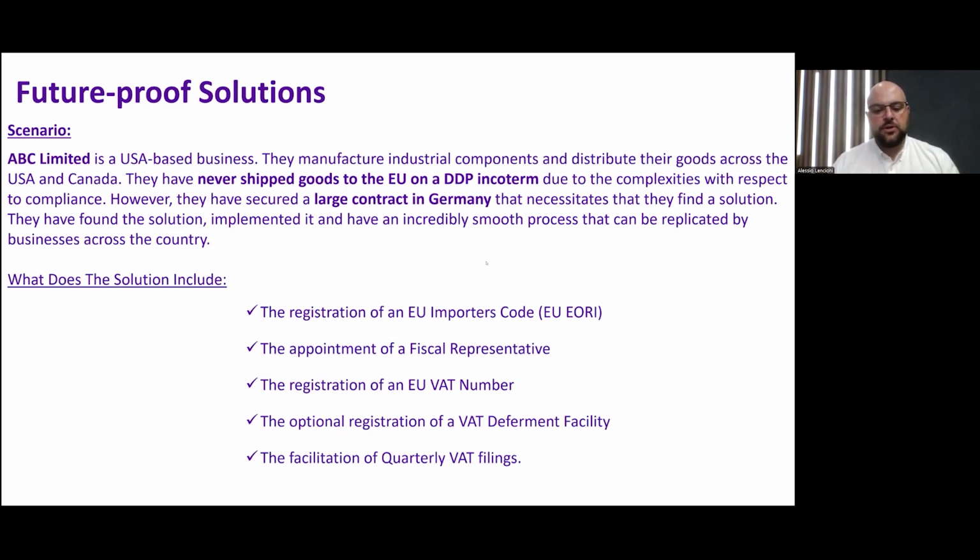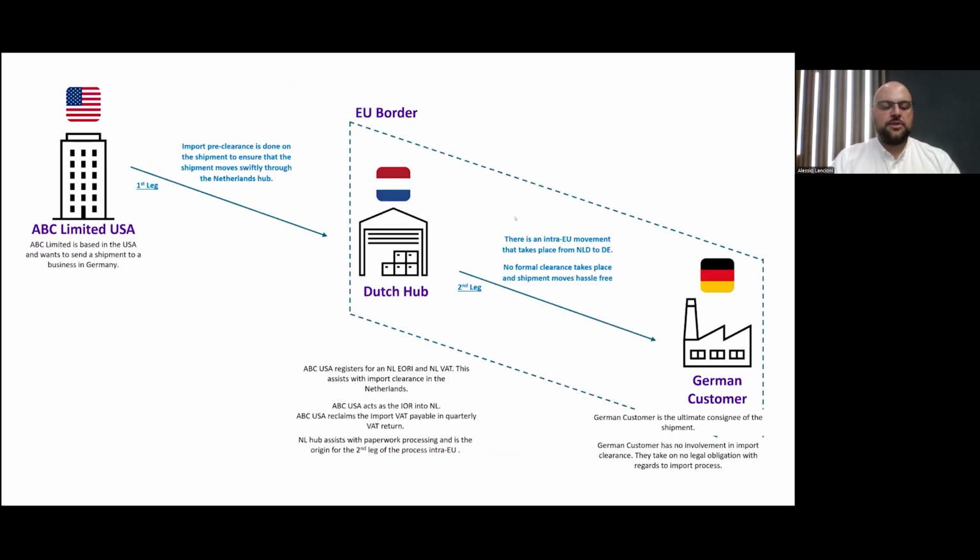quarterly VAT returns. So that's actually the summation and compilation of all the import and customs clearance documentation, all the sales invoices and import commercial invoices that we use that are all bundled together in a correct format and reporting standard that are then submitted to the respective tax office. And in this instance being the Dutch tax office. So if we look at it in this practical scenario here,